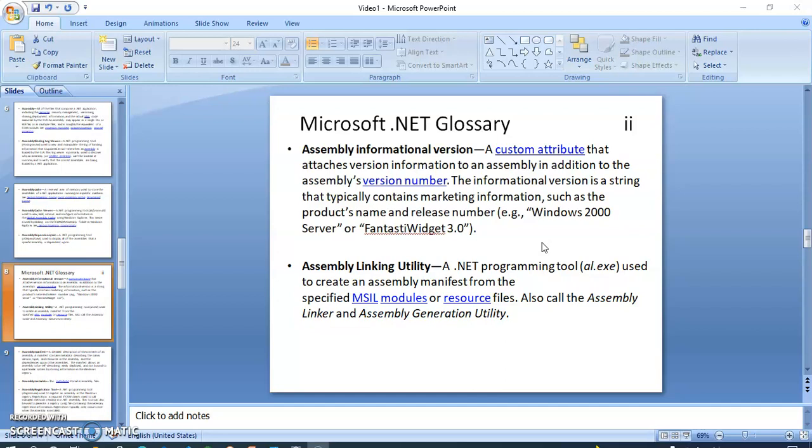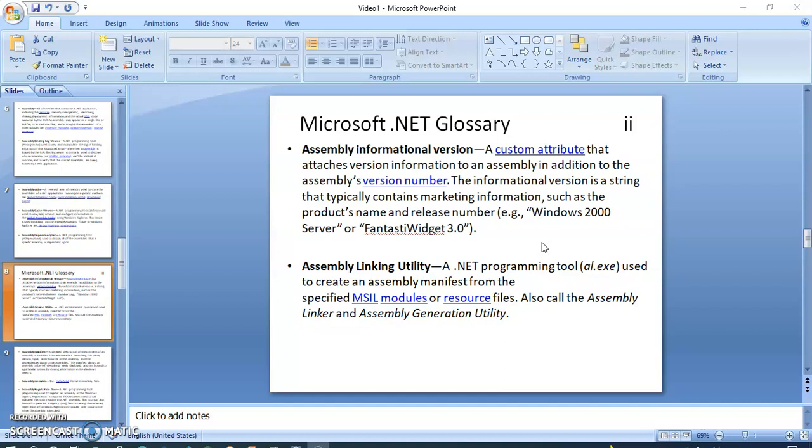The informational version is a string that typically contains marketing information such as the product's name and release number, like Windows 2000 Server or Fantastic Vids 3.0.